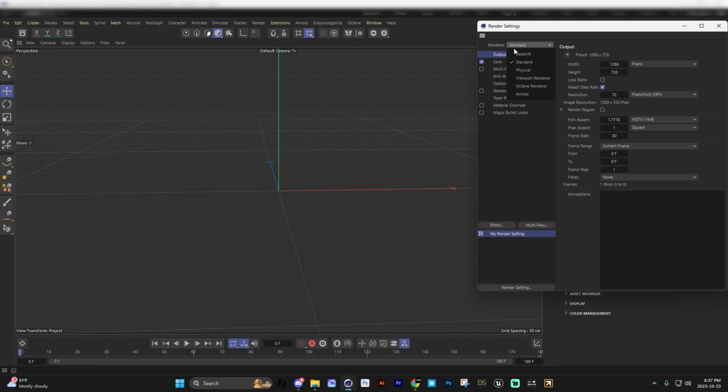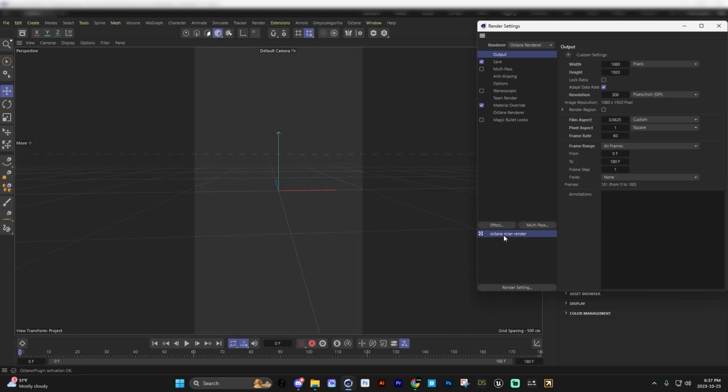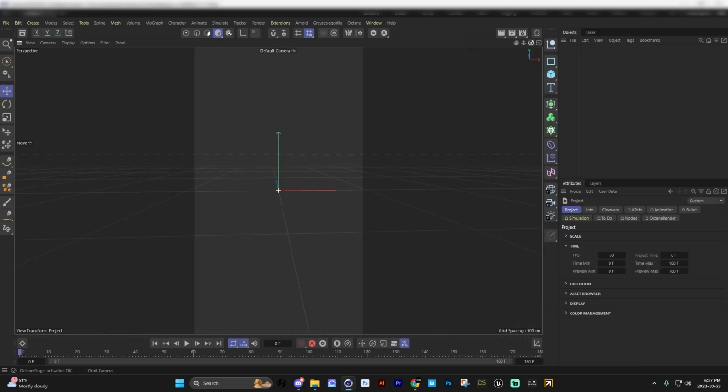Then we come up here and I have a preset already made for my Octane render. I use Octane render inside of Cinema 4D, which is a plugin that makes my renders look nice and crisp and clean. Very, very good investment. If you are planning on getting Octane, I would highly recommend it. If you already have it, you already know what I'm talking about. So we're gonna make this scene 300 frames. I usually do either 300 to 600 frames, depending on the scene. Obviously, the more frames, the longer it'll take to render a scene.